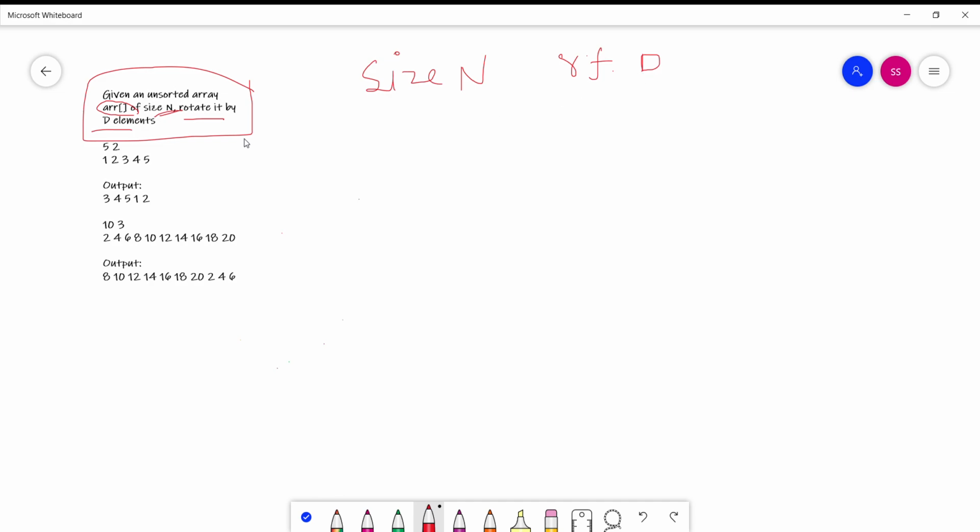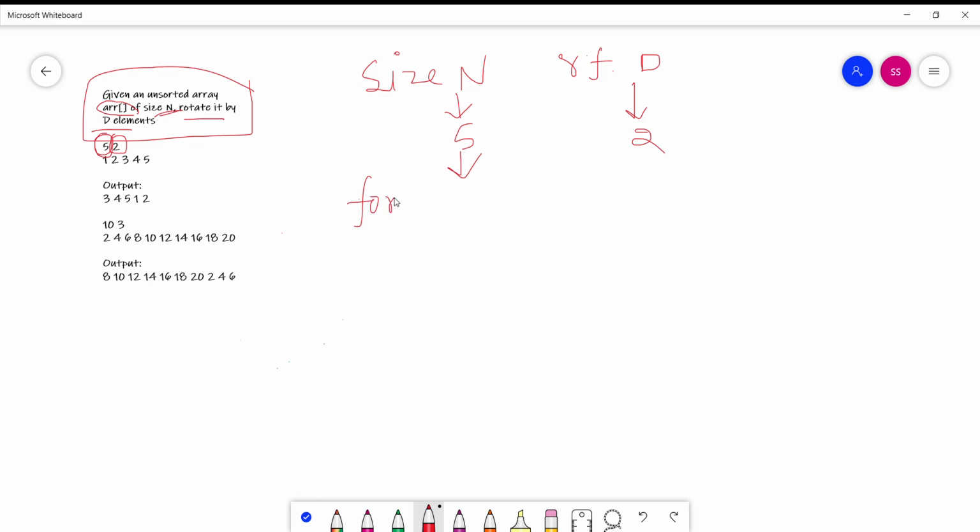Here the value of n is given as 5. Let us suppose I take the value of n as 5 and the value of D is given as 2. So according to the value of n, I have to insert the element into the given array. How can we insert?